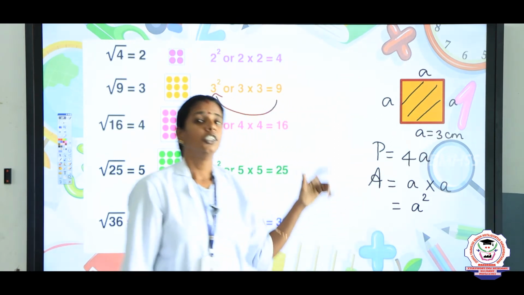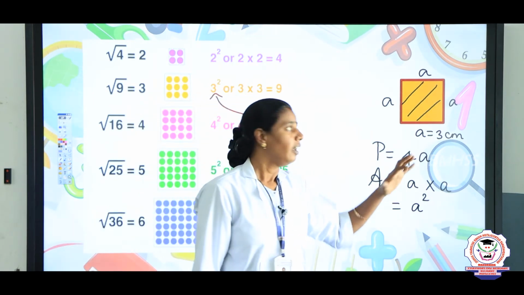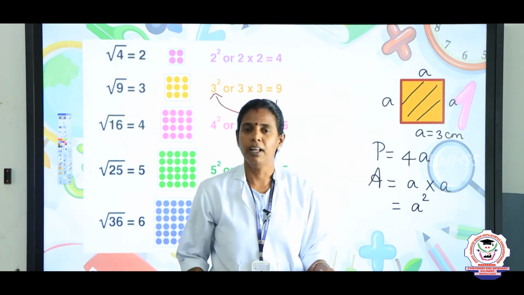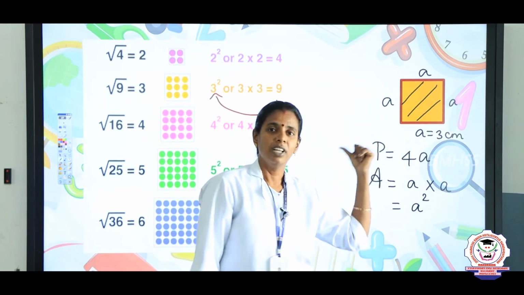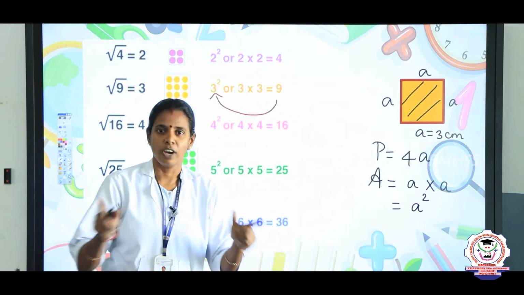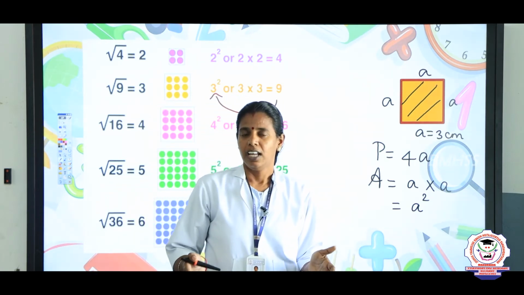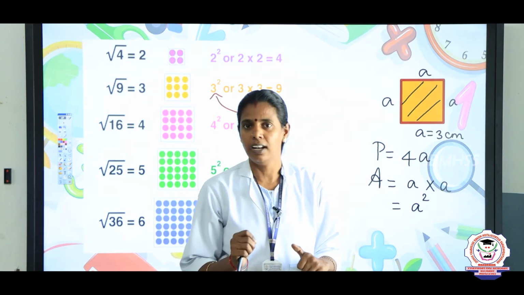Is it clear? So squares and square roots are most commonly used by engineers and carpenters also. See, to make a table or whatever it may be, the carpenters use the measurement of one of the sides to make a square table, right? When the area of the space is given, then they need to find one of the sides, to know how much they need to make a table. Is it clear?